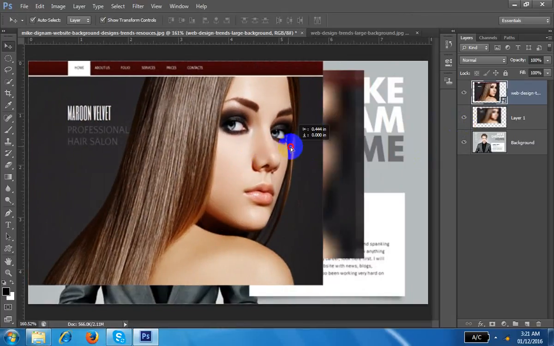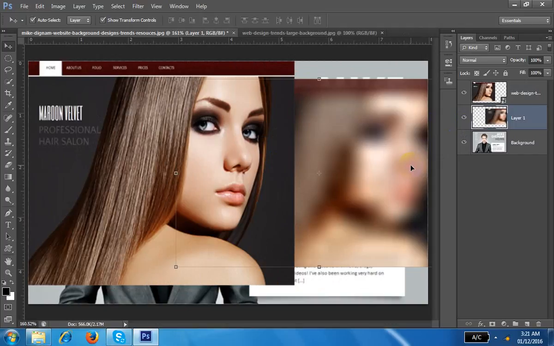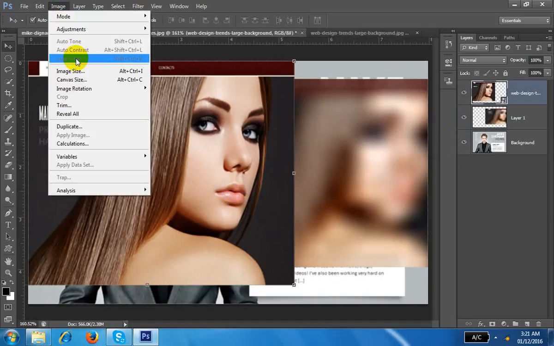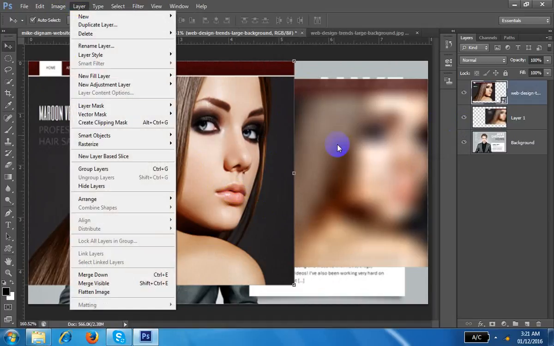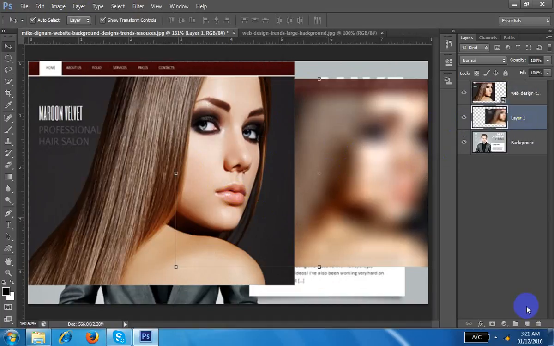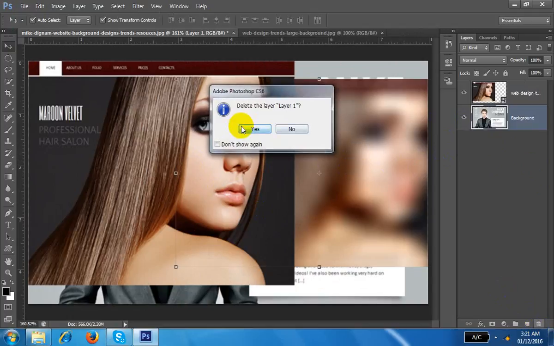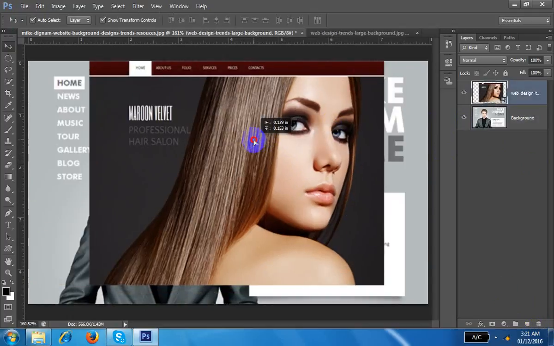So here you can see this. This is not a smart object. The problem is there, and this is a smart object. So if there is any problem, you have to understand, okay, I have to convert it into a smart object. Again, I tell you how to convert this object. Go to the layer and smart object. Understand? Yes. This image is of no use, I can remove this. This is the smart object.